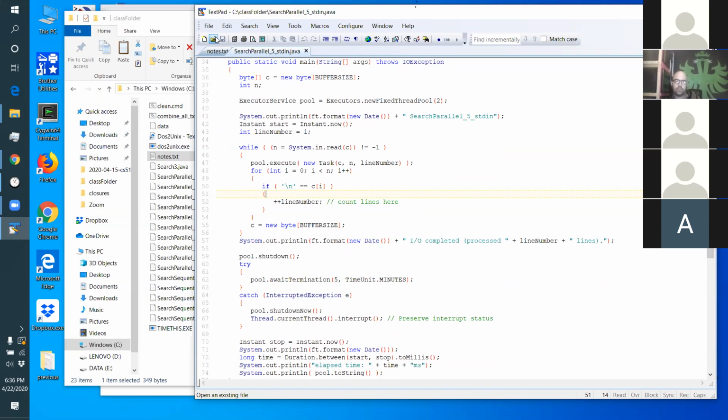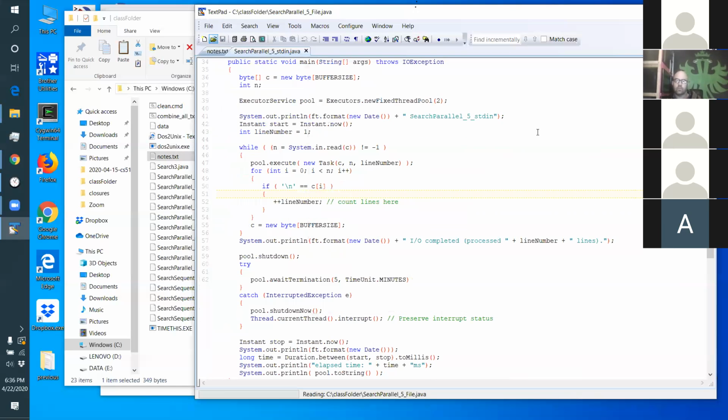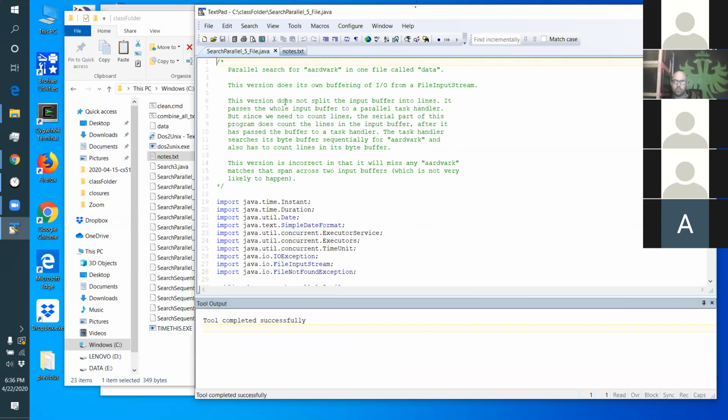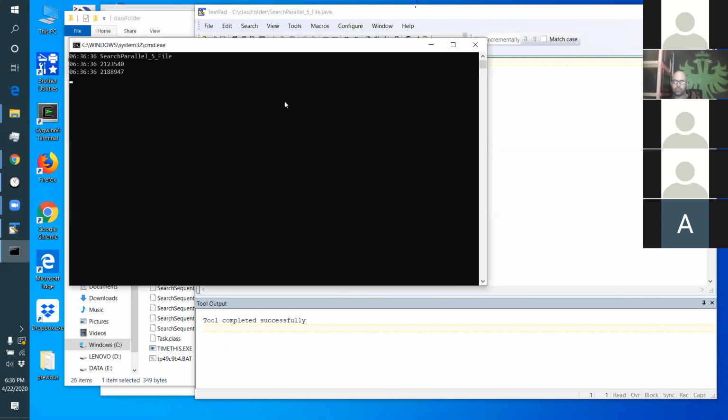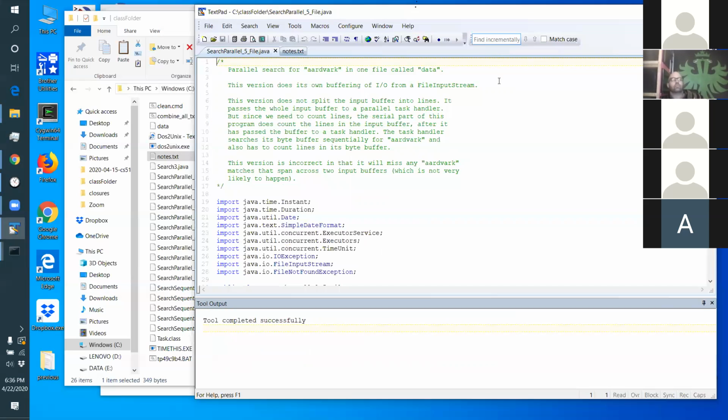Let's see. That's the version that read from standard in. This is the one that just read from the file, and it's pretty quick. It searches that whole file in just about 4 seconds. Okay. All right. And now what we're going to do is switch to